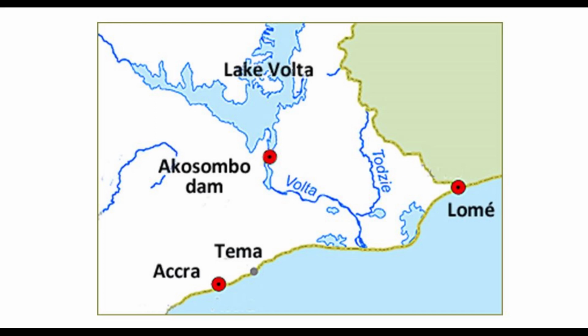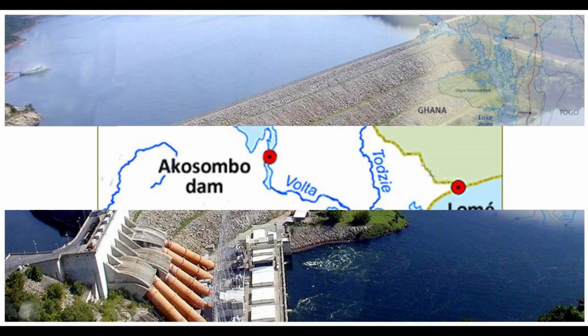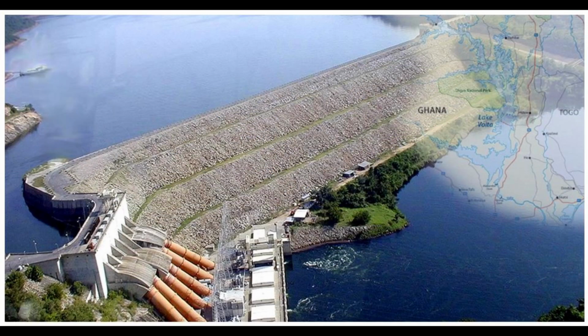The dam is 660 meters, 2,170 feet long and 114 meters, 374 feet high, comprising a high rockfill embankment dam. It has a base width of 366 meters, 1,201 feet and a structural volume of 7,900,000 cubic meters, 10,300,000 CUYD. The reservoir created by the dam, Lake Volta, has a capacity of 148 cubic kilometers, 120 million acre-ft,